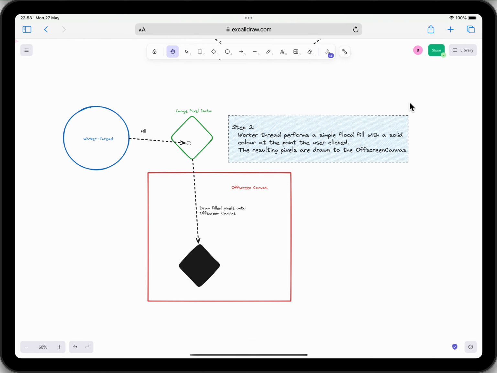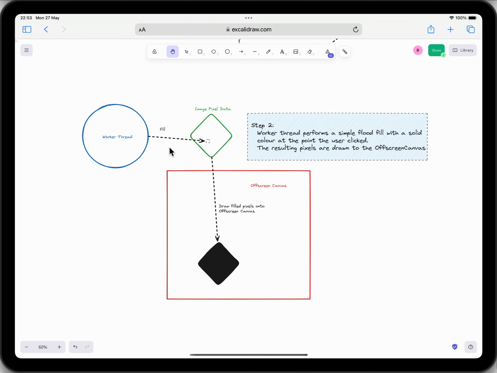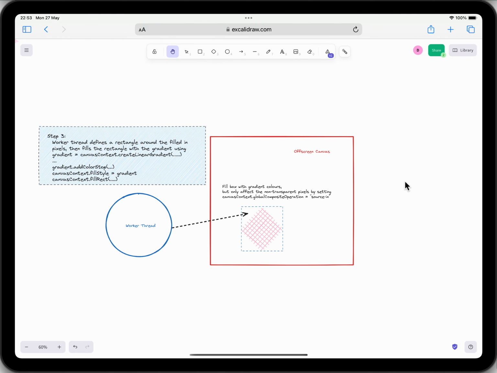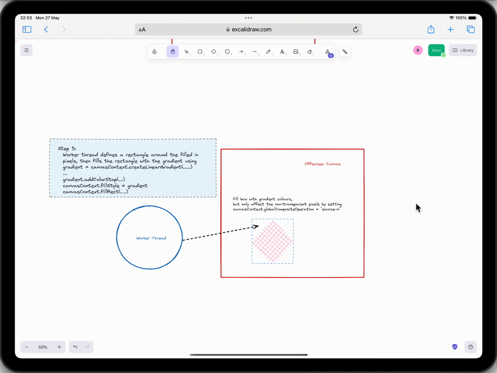Then step two, the worker thread goes into the image data, and it does a simple flood fill with a solid color, and it draws it onto the off-screen canvas. I just use black, but any non-transparent color will work, and that's drawn onto the off-screen canvas. Then immediately, before the user sees any black flash of pixel data, it identifies in the flood fill what the rectangle for the bounds of that flood fill is,